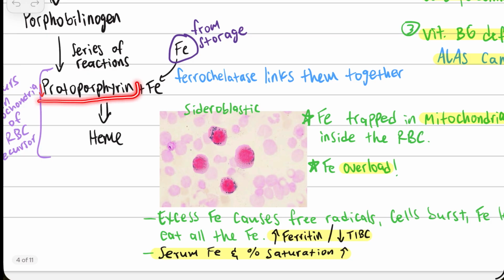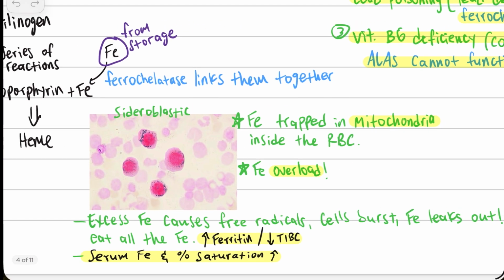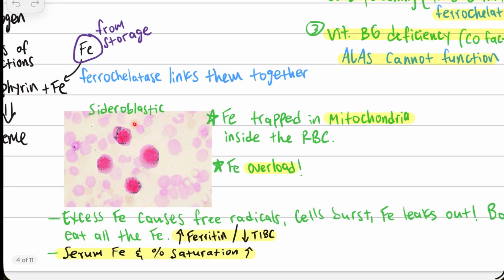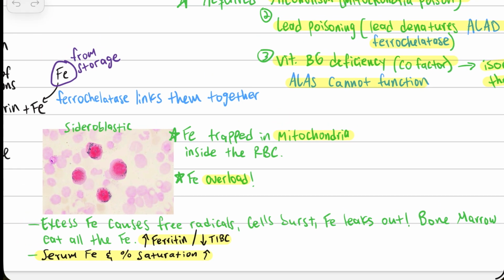Why? Because we're not forming protoporphyrin. So iron is just floating around freely because there's no protoporphyrin being made. And so that's why you have all these blue dots. You can actually see the iron overload in those red blood cells in the mitochondria specifically. And excess iron, remember, like we said before, if iron is not bound to anything, it forms free radicals. So excess iron is causing free radicals, and these cells can actually burst, and the iron is going to leak